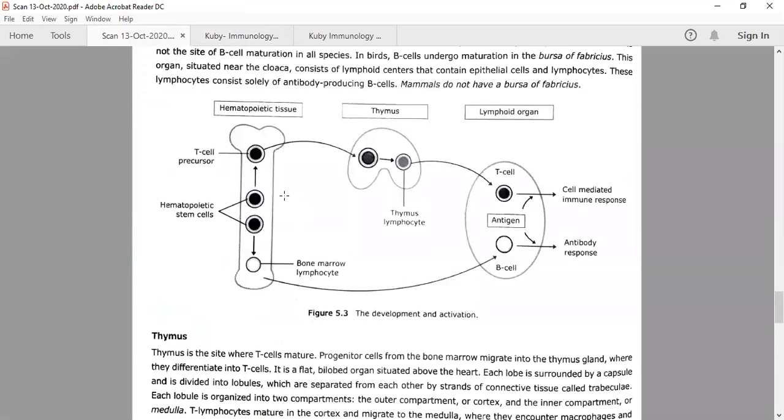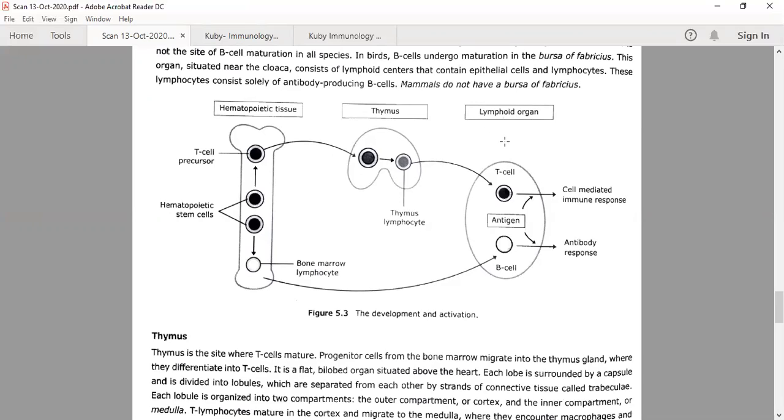This diagram is a little clear and it is given in your Pathfinder. These are hematopoietic tissues. This is bone marrow. The T cell precursors develop in the bone marrow, but they will move into the thymus, where they will mature into T cells. So the T cells mature in the thymus, therefore they are called T cells. T for thymus and B for bone marrow. These two tissues are primary lymphoid organs, or you can call them central.